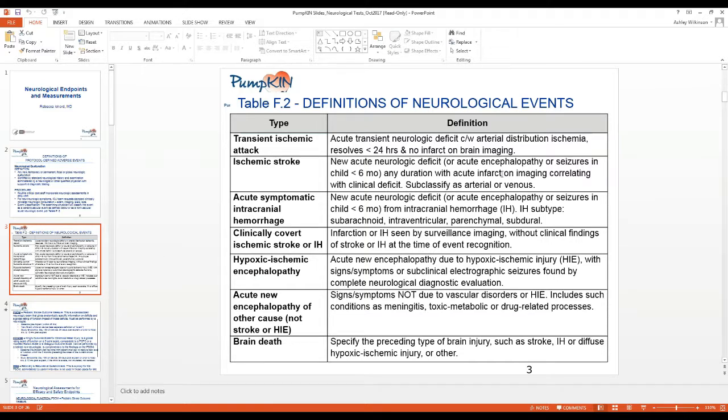So the next slide just defines the categories of neurological events. Again, this is a standardized approach that's done in many trials involving device and cardiac support devices. So there is potentially a transient ischemic attack, which for our purposes is defined as a transient neurologic deficit, clinically evident, that's consistent with an arterial distribution ischemia and that resolves within 24 hours and that has no infarct on brain imaging. And I just want to emphasize that because there may be instances where a child has a deficit that resolves clinically within 24 hours, but there is an infarct on imaging, and that is classified as a stroke